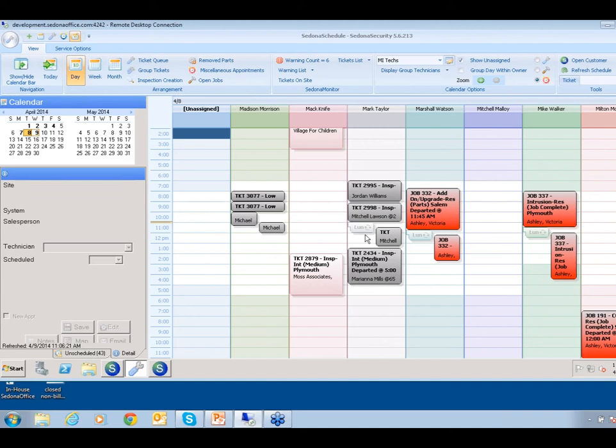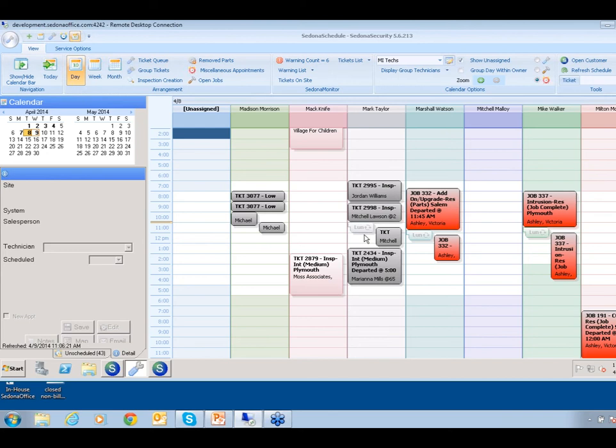So the way this is designed to work is for companies that have technicians on tickets or on jobs, and you do not want to post time against a ticket or a job for lunches, or where a technician or installer has to leave the job or ticket to go pick up parts. It's a way of stopping the clock from ticking on that job or ticket from a costing and billing standpoint on service, and then resuming the time again